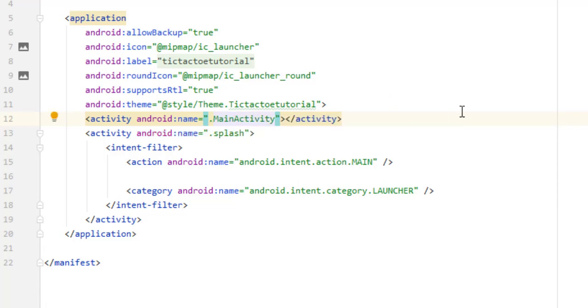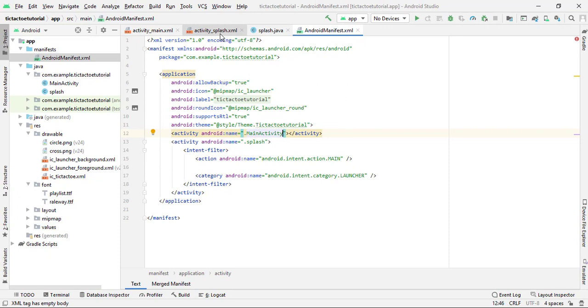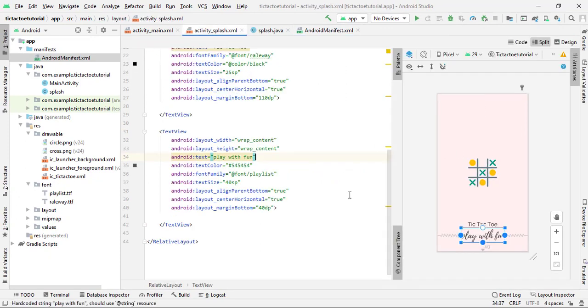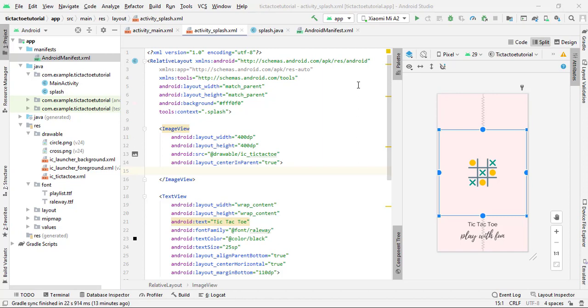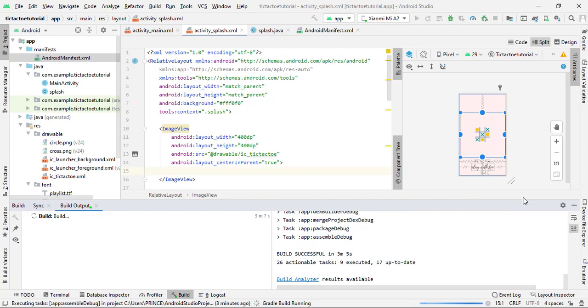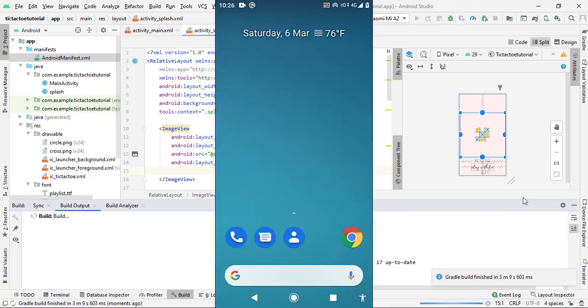So this is fine. Now our code is ready, and now it's time to check whether our app is working or not. I am going to use debugging mode for checking my application. If you have a low system configuration, then it is a better way to check your app. So I have to connect my phone. You can see now my phone is successfully connected, and I press the run button and Gradle starts building. So now the app build is successful, and it will install the application inside our phone.